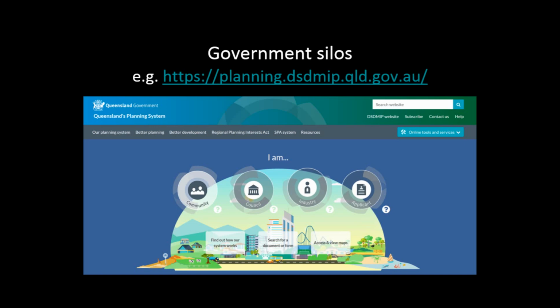So the websites, I could have picked any website, Brisbane City Council, great website, huge amount of information on the Brisbane City Council planning scheme and all that stuff. But where are the links to other bits? You won't find them. Once you know where to find it, they're great to use. But these silos, they're very much how government thinks. So if you're interacting as a consultant with government,